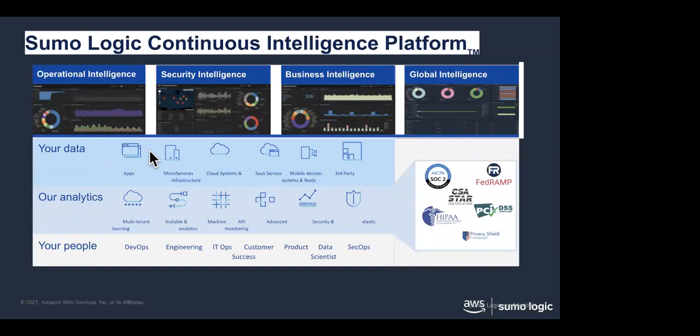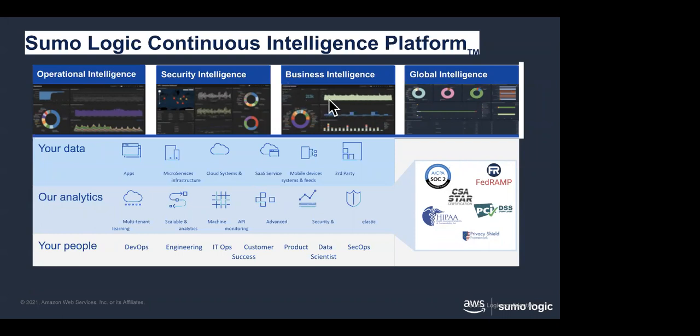For those of you not familiar with Sumo Logic, we basically allow you to see observability and security across your platforms. So you can see what systems are up, what systems are down, what microservices are running. We can look at it from an operational intelligence perspective. Obviously, our focus here today is on security. Where are my folks logging in from? What kind of systems are they logging in from? What does my firewall traffic look like? What does my port activity look like? That sort of thing from a security perspective.